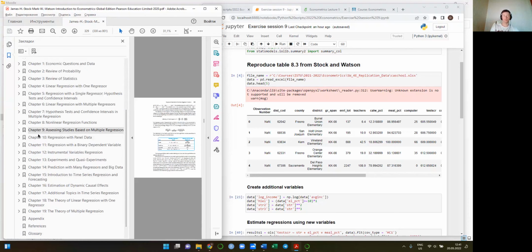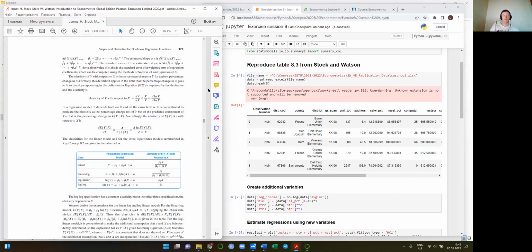course. You see that from chapter 9 there are some questions about assessment of studies based on multiple regression, more, let's say, logical and theoretical questions. How would you assess these studies? And then it continues with the advanced methods of econometrics, like working with binary data, or a binary dependent variable and so on. And I really hope that we will do these things together next year. So,